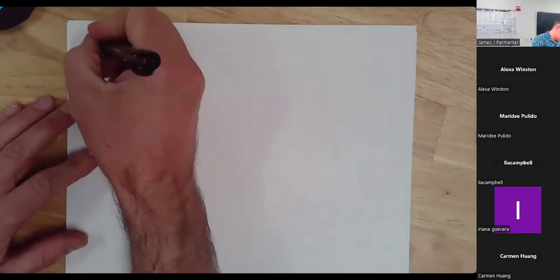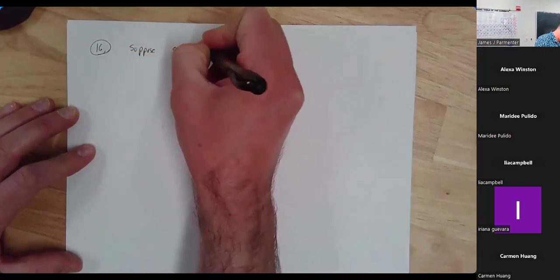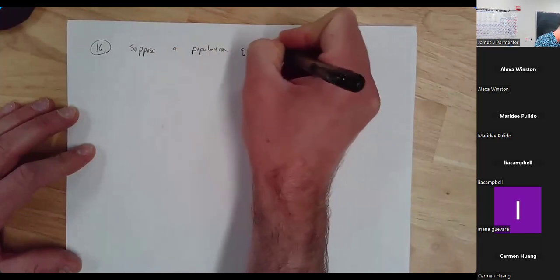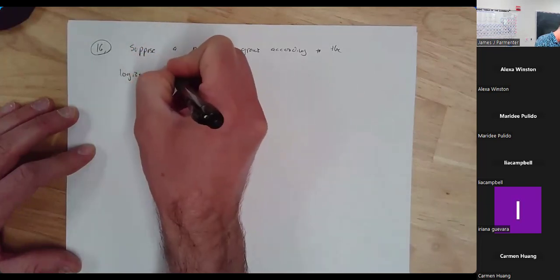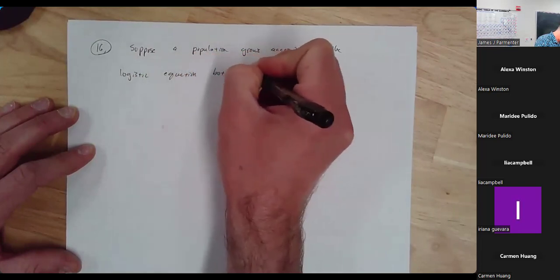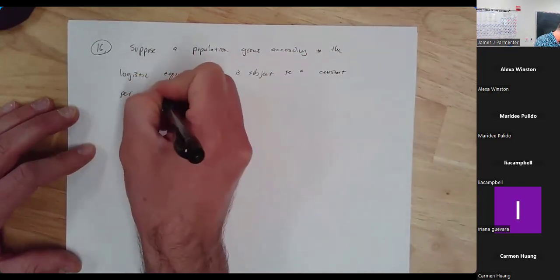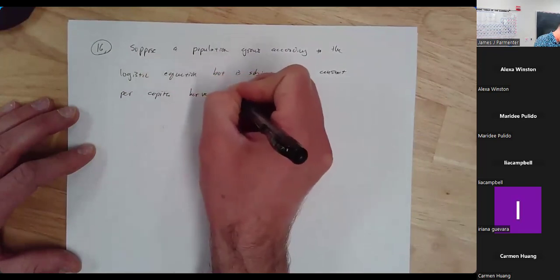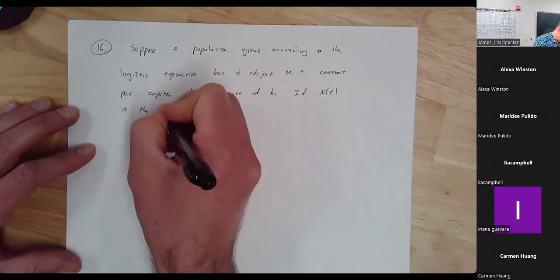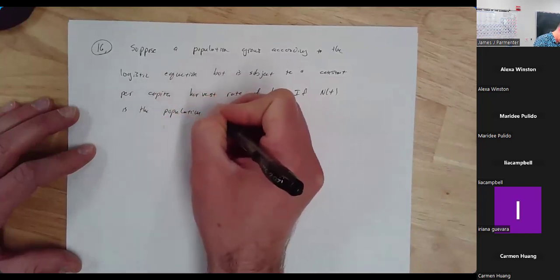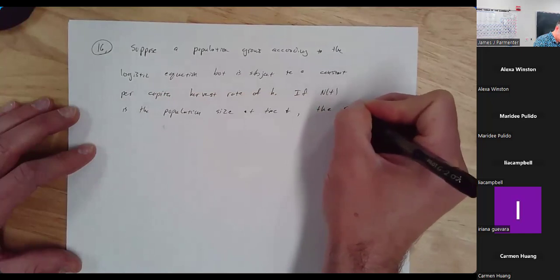All right, so number 16, here's the setup. Suppose a population grows according to the logistic equation, but is subject to a constant per capita harvest rate of H. If N of T is the population size at time T, the population dynamics are given by